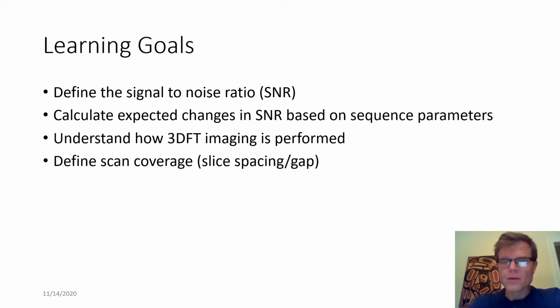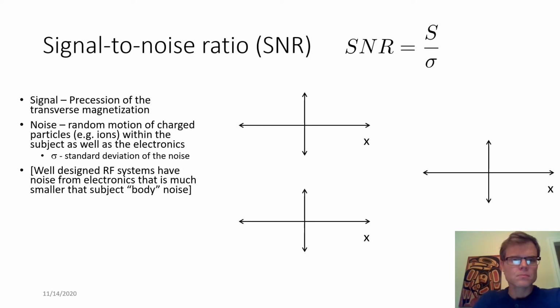And so we're going to define what this is. We're going to go through how to calculate expected changes in SNR based on sequence parameters. And then we're also going to go into 3D imaging, so 3D FT specifically. And then in class session, we'll go over a little bit more closely the definitions of scan coverage. Okay, so